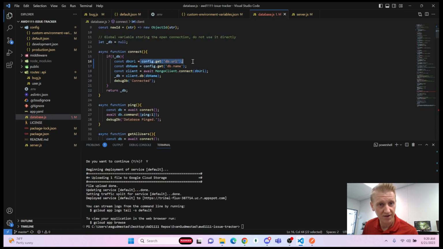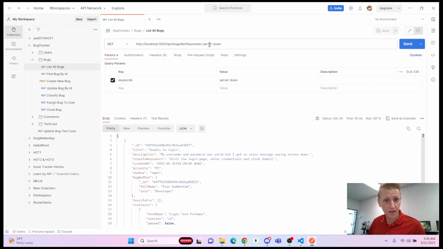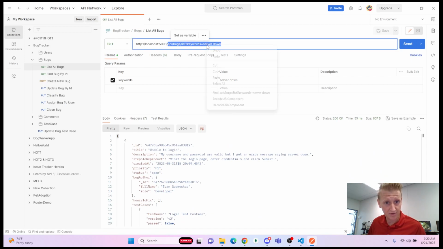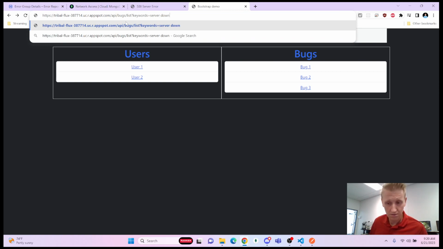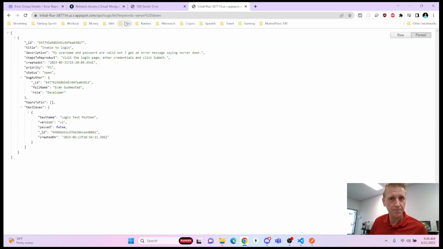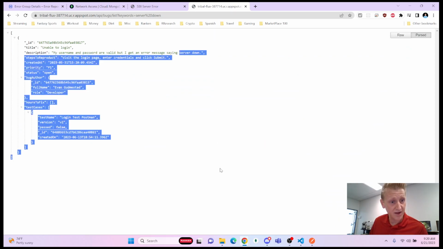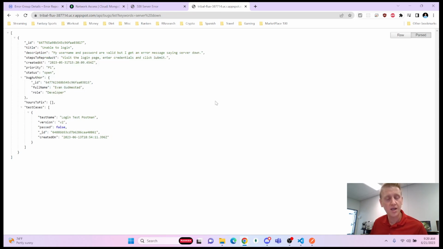That way, when we did the config get db URL and db name, I think that was just our issue the whole time, which is great. Now, going back here, API bugs list keyword server down. If I copy that and manually throw that into my path here, you can see it is returning the bug that says server down. So all of our new routes are implemented, and we are using the config package